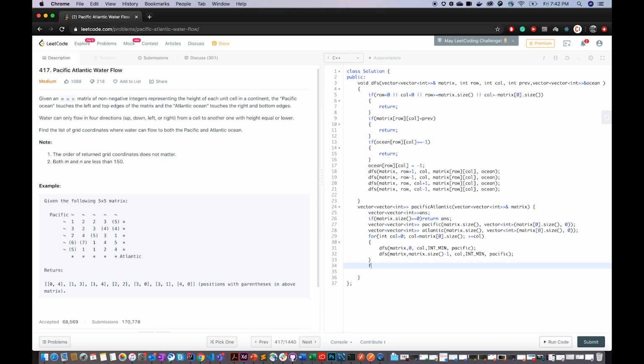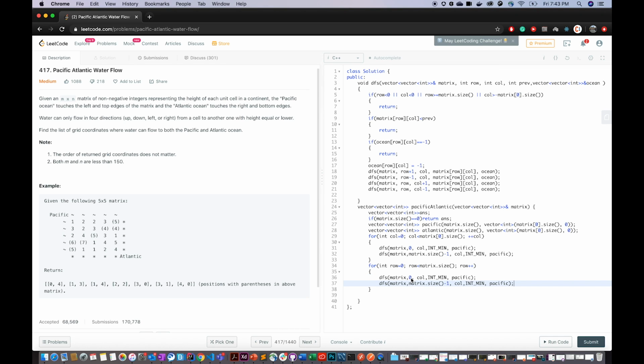I have to make a similar call for the rows, so I'm going to write for int row equal to 0, row less than, how many times I have to go for this? I have to go matrix dot size, and row plus plus. Alright, I have to make similar DFS calls, so I'm just going to copy this and edit it here.